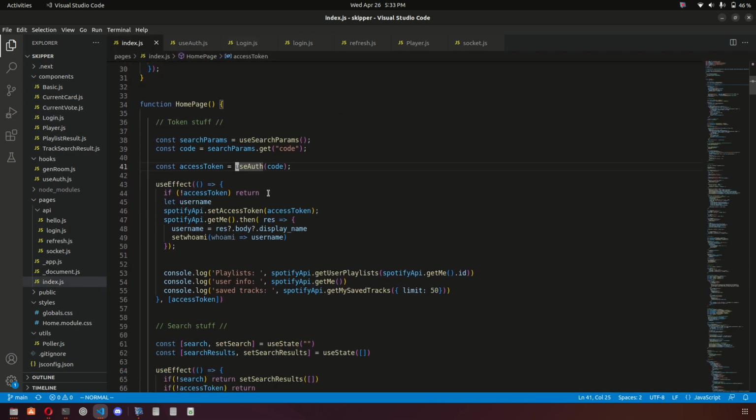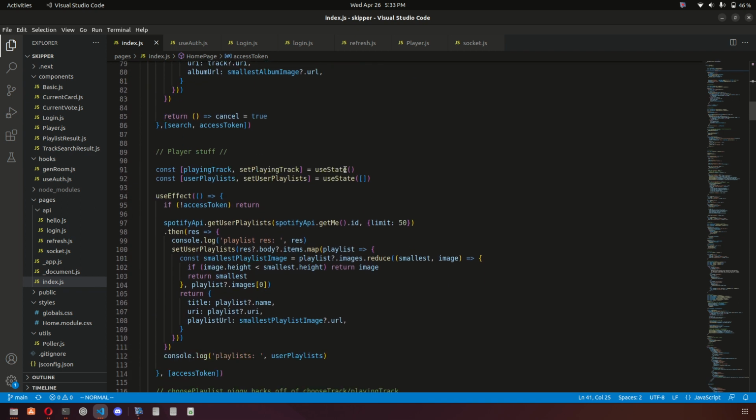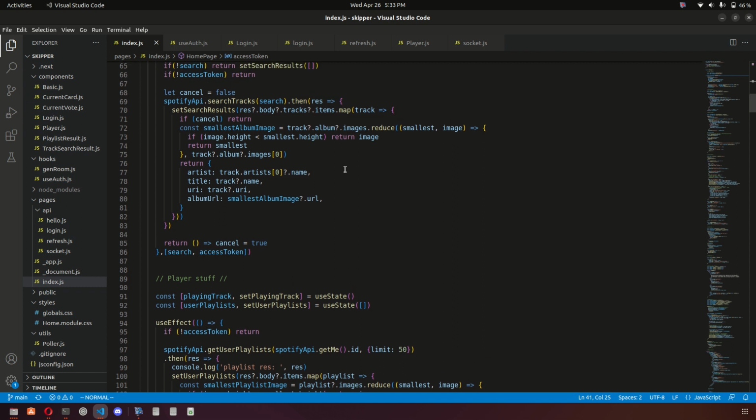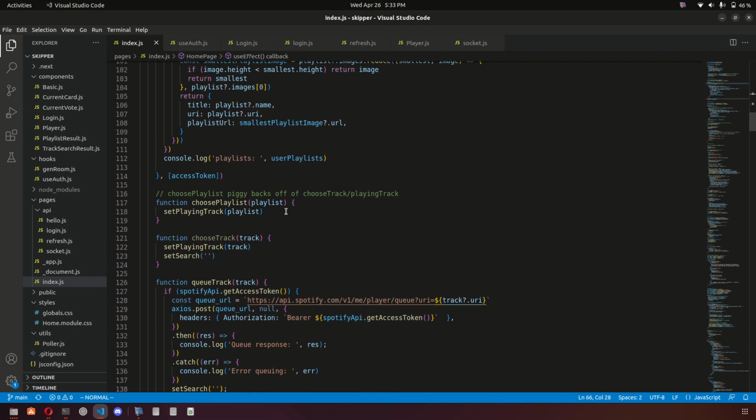Then using the token, I determine what you should do, because if you're a host, you're always going to have a token. If you're a guest, you don't have a token here. So if you don't have a token, just return. That's littered throughout this project,